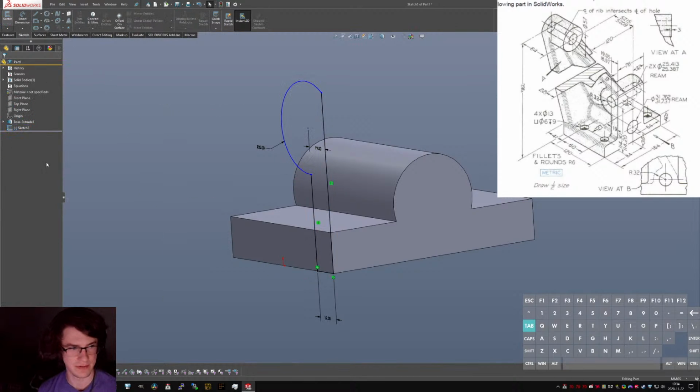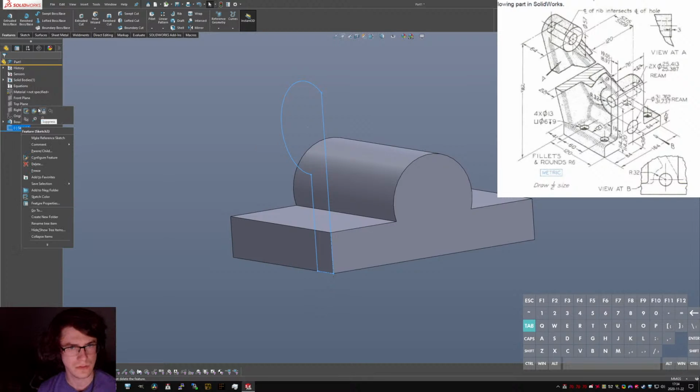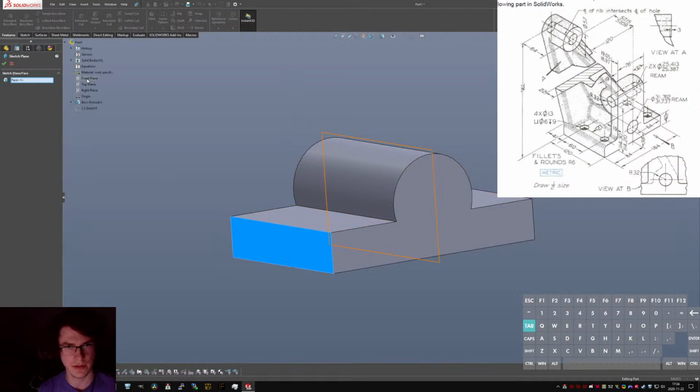So, use one of my favorite tricks here, and change the plane. Oh wait, I keep looking at the wrong window. So we're going to change the plane to front plane right now, because it's...